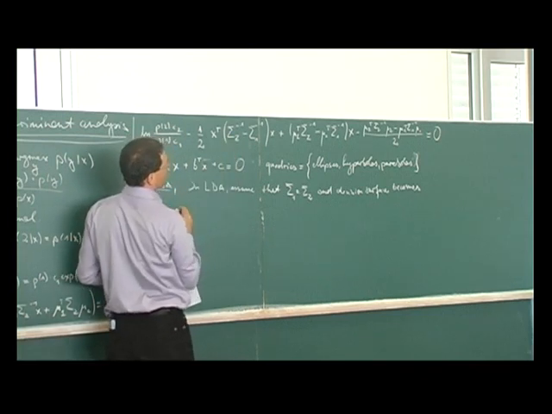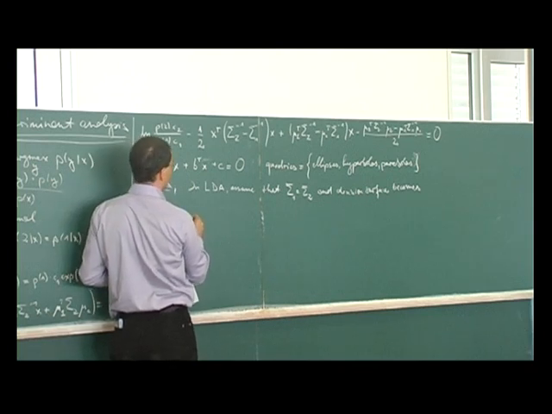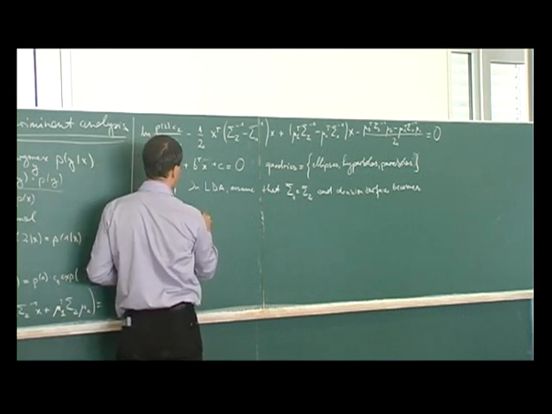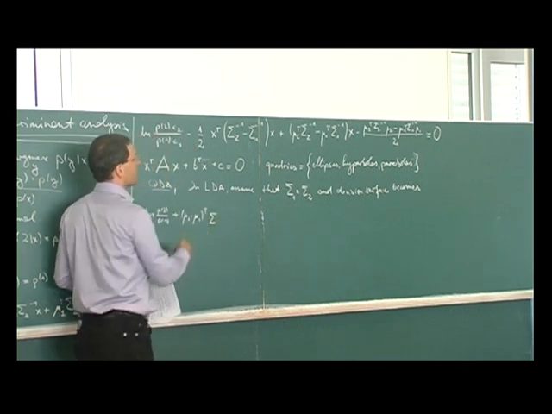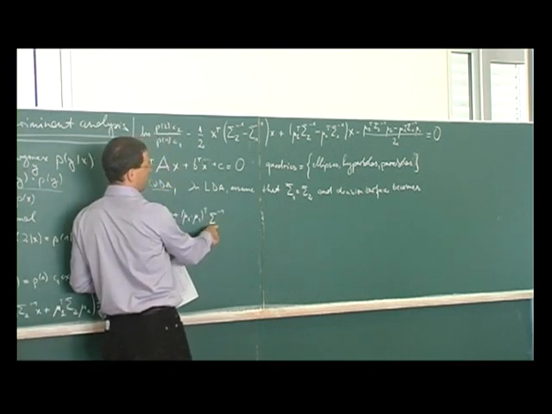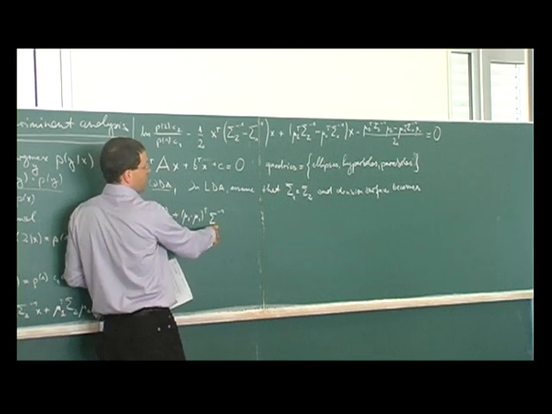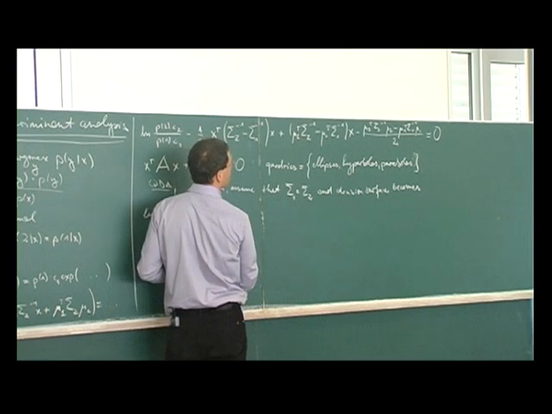The quadratic term cancels out, so we are left with plus (mu2 minus mu1) transpose. And now I'm just using a single precision or a single covariance matrix without specifying what class it belongs to, because we just have one, times x, minus